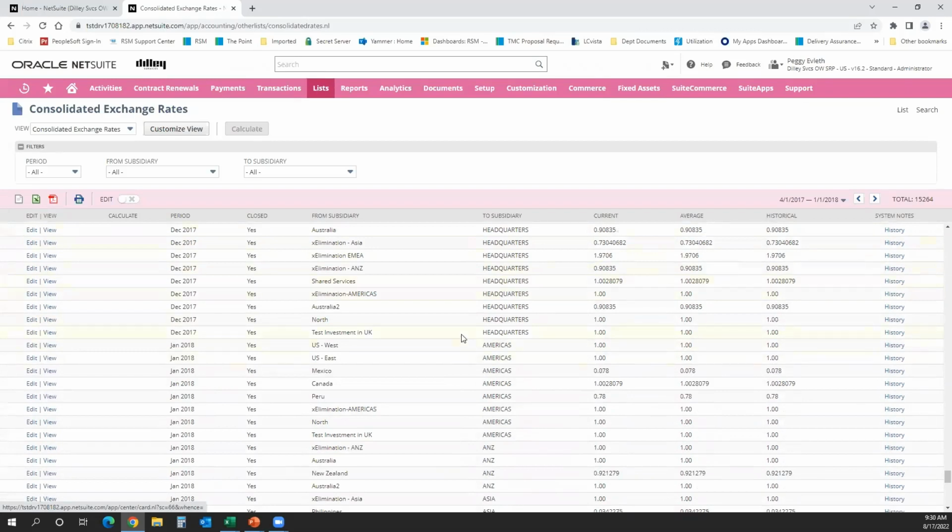So, my test investment or my Canada, if I have zero transactions in January of 2018, my current and my average will be the same. However, most people actually have at least a few transactions, so I should have a difference between current and average. The other thing I want to point out as a caveat, where you might actually have to edit these rates yourself, which you have the ability to do over here with the edit, is if you have a situation where